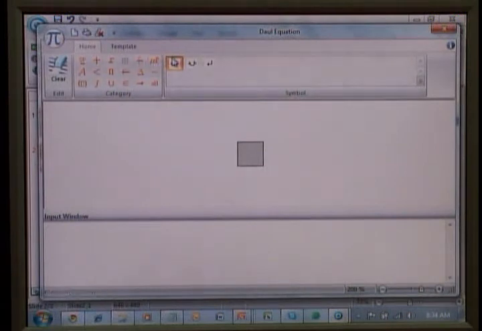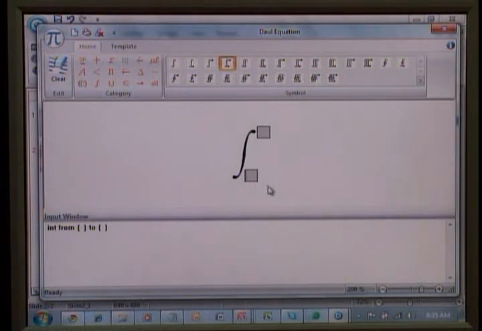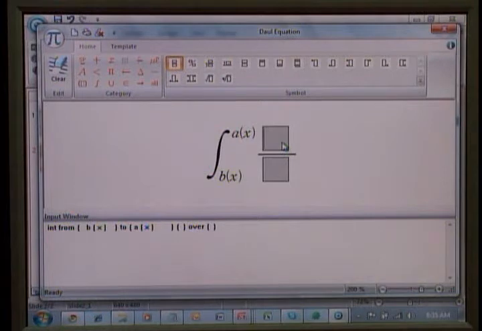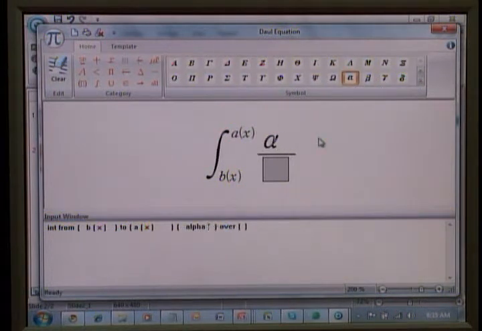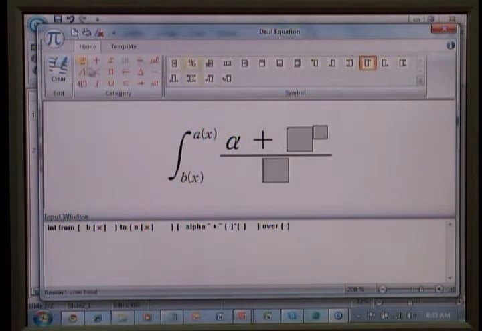In this editor, you'll find most of the symbols, most of the icons that you require in creating equations. For example, we can have integrations, and there are very many types of symbols for integrations. So assuming that I'm taking this, we can just easily put in the equations. For example, I can have a bracket, and to make it more complex, you can have different symbols, for example alpha plus, and maybe to make it a little bit more challenging, you may have beta